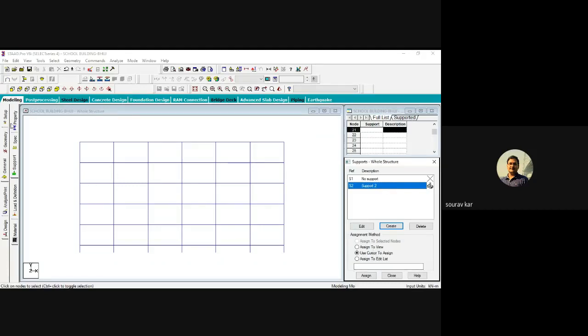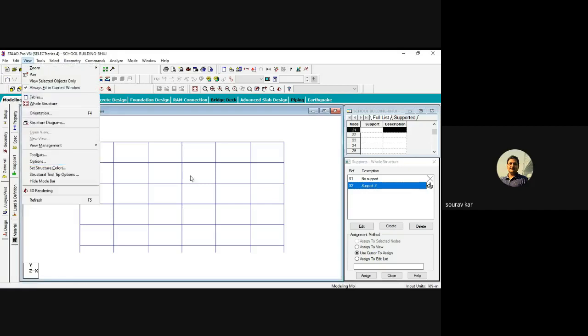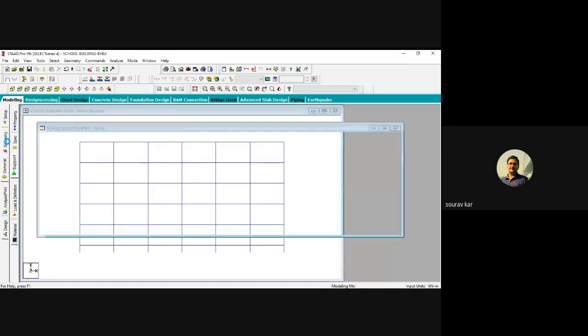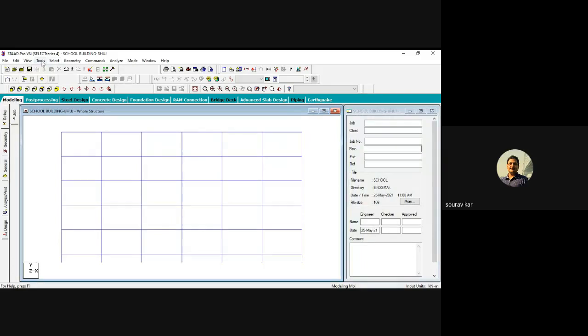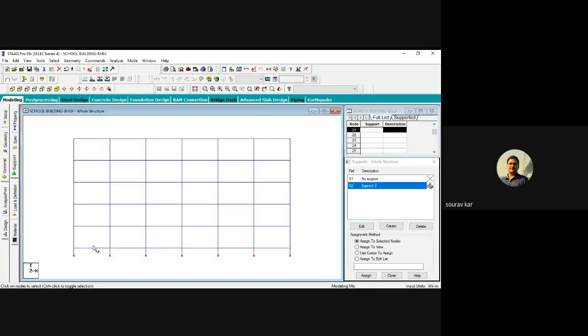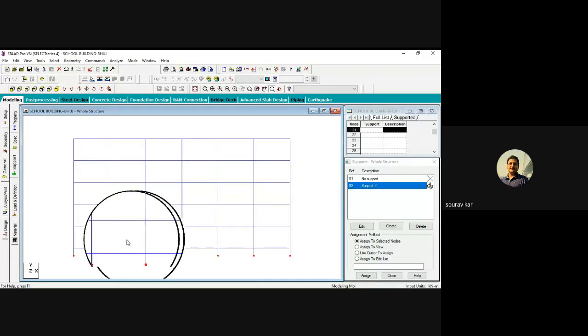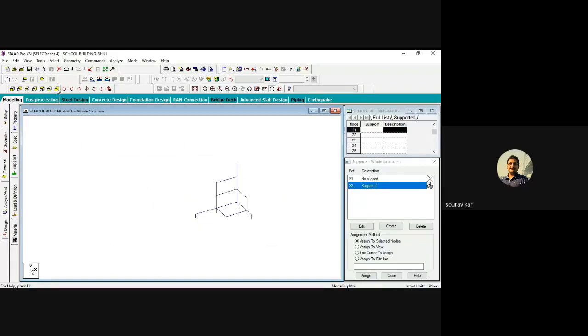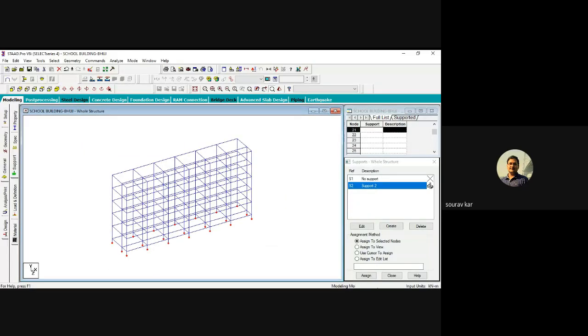Now I will take the node cursor and select all these nodes at the absolute base level, and I will assign the fixed support.